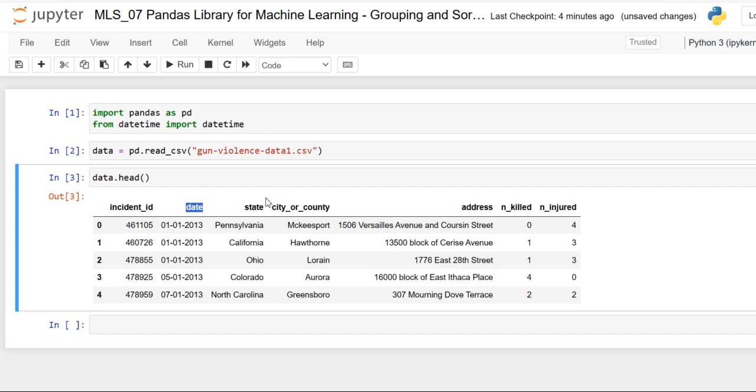And where it happened is subdivided into three features, mainly the address, the state, and the city or county. Rather than that, we have two more columns, two more features, that is number killed and number injured. As I have already specified, we are going to make use of this date